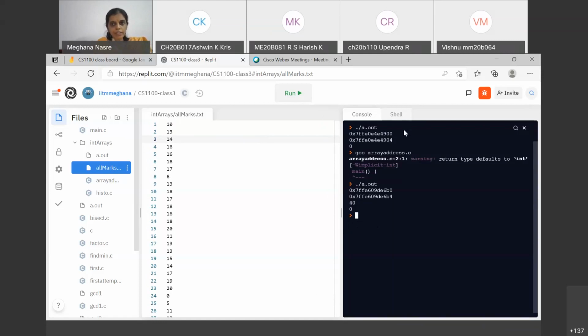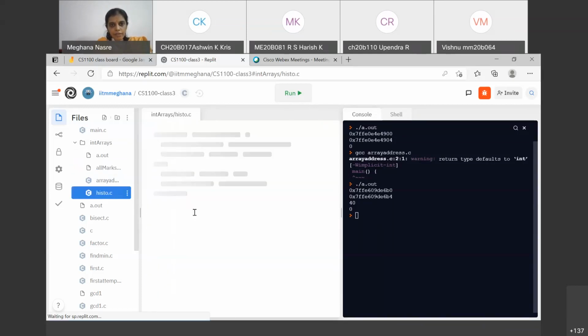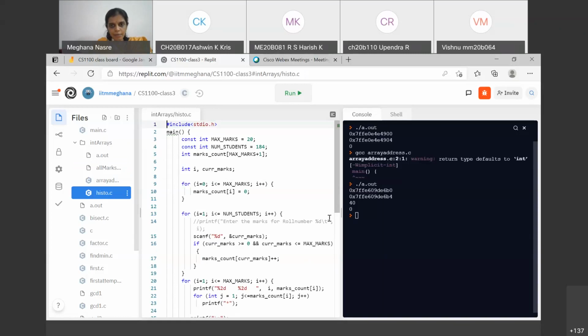Of course, they are rounded to integer values. You have got marks which are fractional, but these are rounded to integer values. I have stored them because I cannot hope to enter 184 marks in front of you and get anything done here. But what we will see is this is the exact same program that we have seen on the slide. The max marks are 20. The number of students is 184.